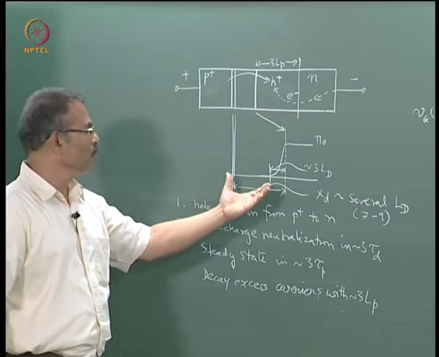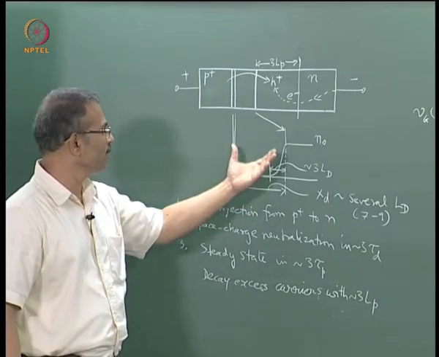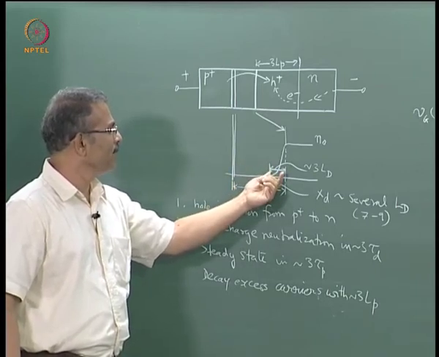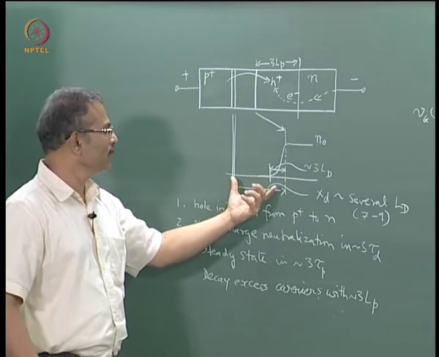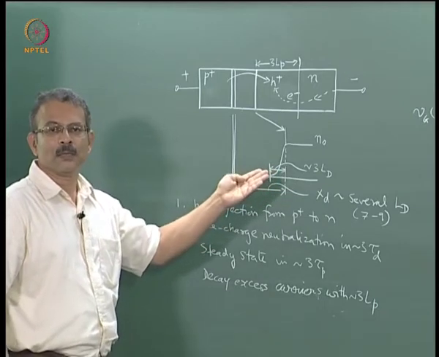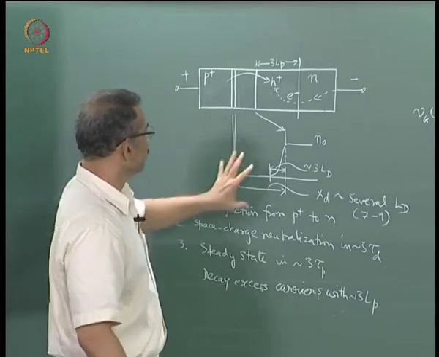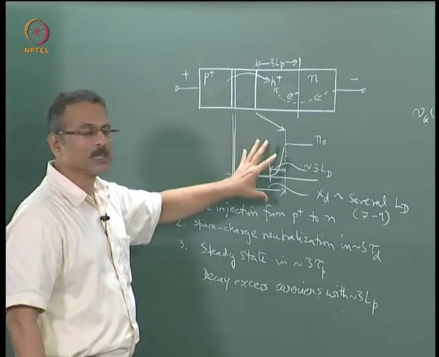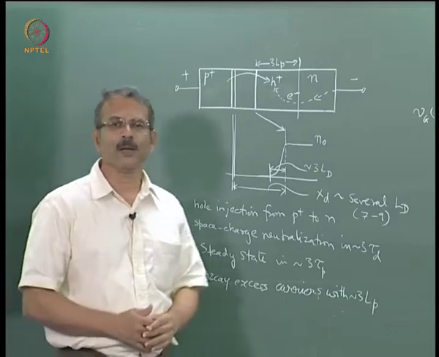Now from here you can figure out that the depletion approximation will be valid for the depletion region if this distance is small compared to this distance. In other words, if your depletion width itself turns out to be about 3 times the Debye length or smaller, then your depletion approximation will not be valid. So this is how you can describe the various conditions in a device based on the characteristic times and lengths. Now we have considered the example of a PN junction.